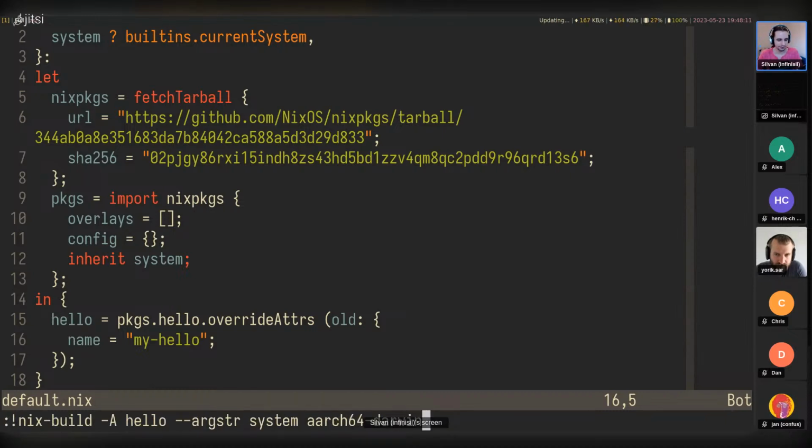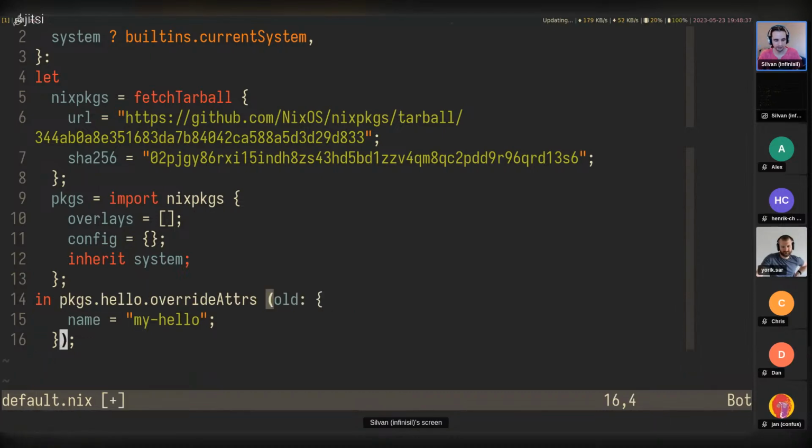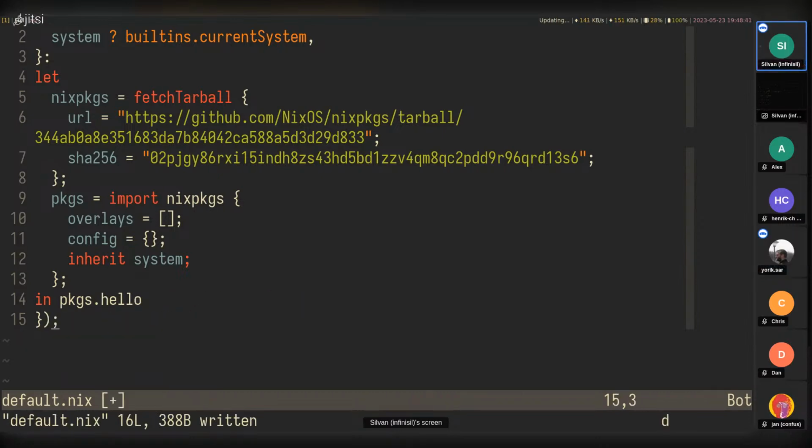Well, I might want to say hello is the default attribute people should build. Generally, what you would do is try to make just a nix build without any arguments work. And the way you can do it is by making the package you want people to build be the result itself. So I'm going to remove the nested attribute set here, and I'm going to put hello directly here. Let me remove the customization.